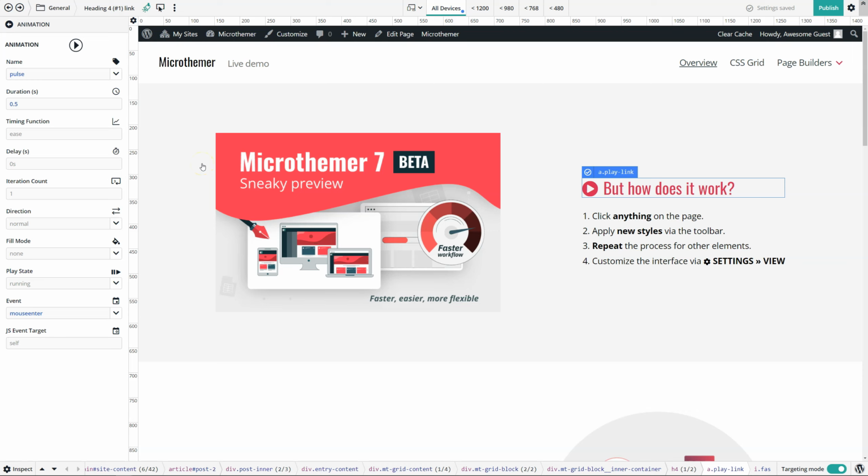Like, for instance, page builder integration is something that I generally just add when enough of my existing users are using a particular page builder and really want there to be some deep integration with it. Obviously, Microthemer works flexibly with any kind of WordPress content. So you can always style the output of a page builder's content by loading the front end view in Microthemer here. But sometimes I set up deep integration like I've done with Elementor and Beaver Builder and Oxygen,